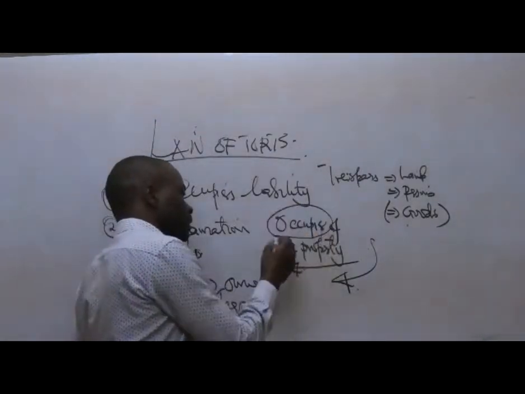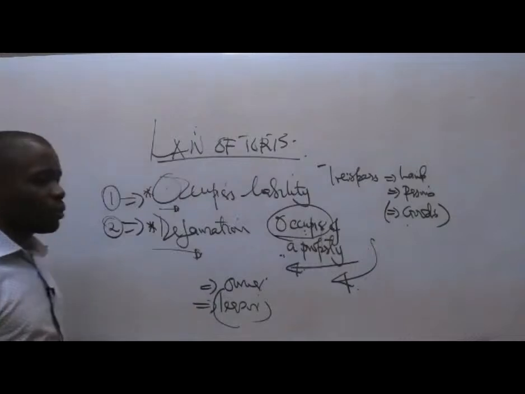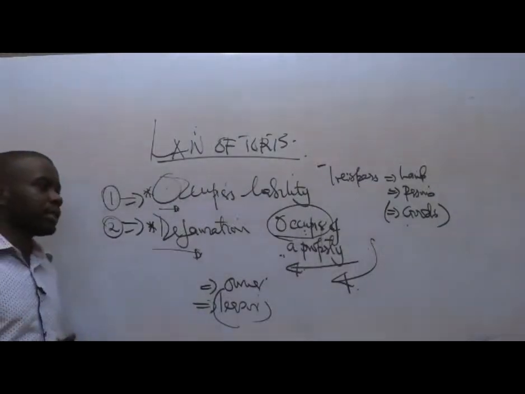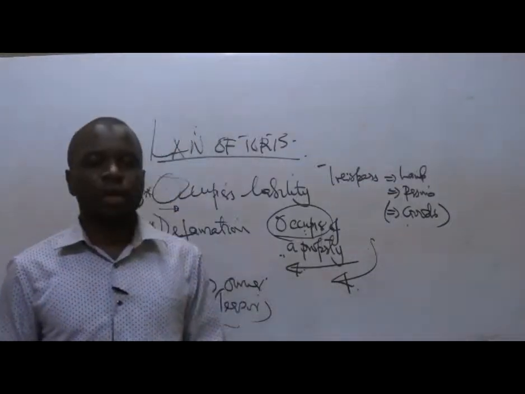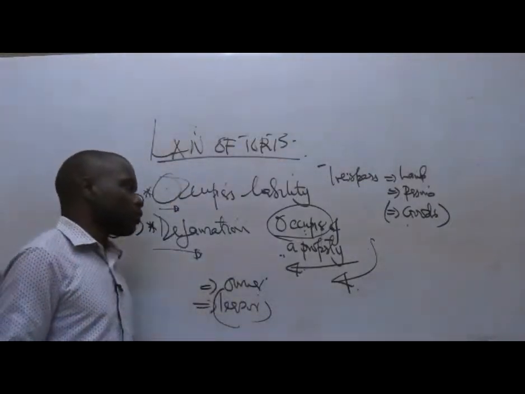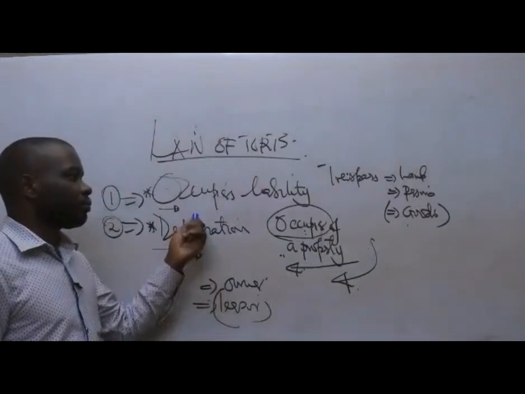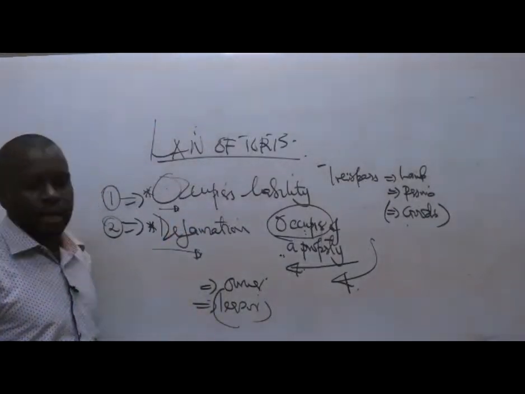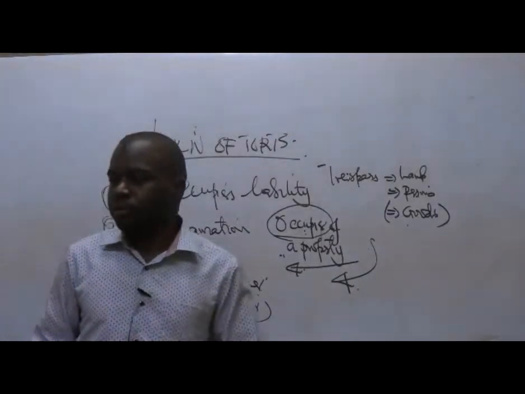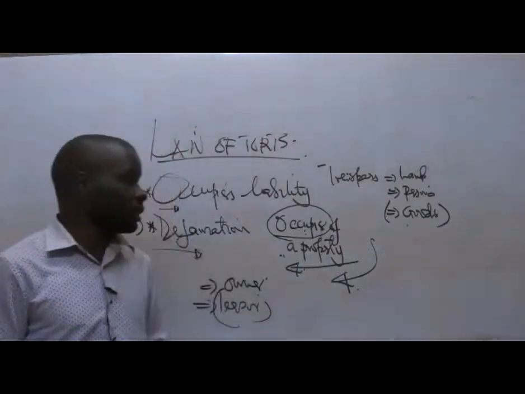So it has a particular responsibility over those who are visiting that supermarket, in this case the customers who are likely to come to the supermarket. What is the responsibility of the occupier of the property with regard to those who are visiting the premises? That is what we mean by occupier. So he has a responsibility.